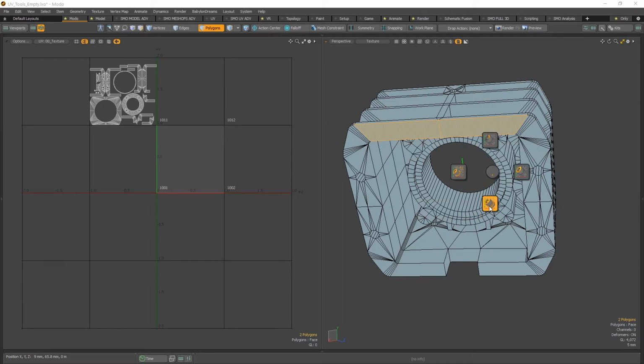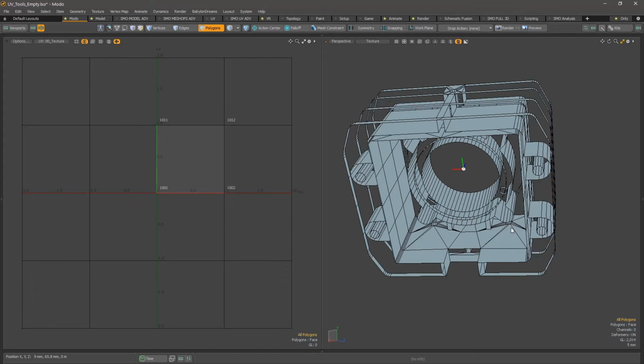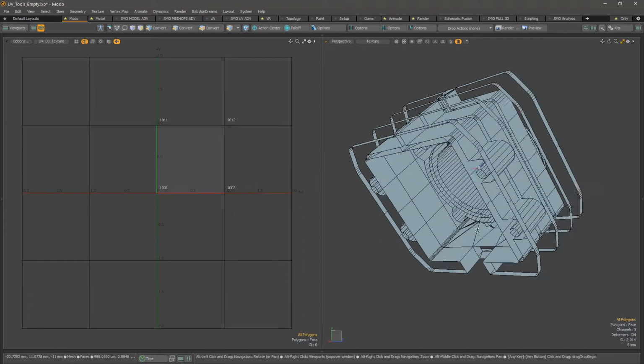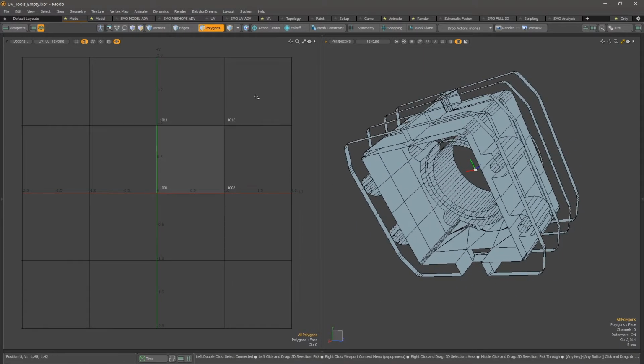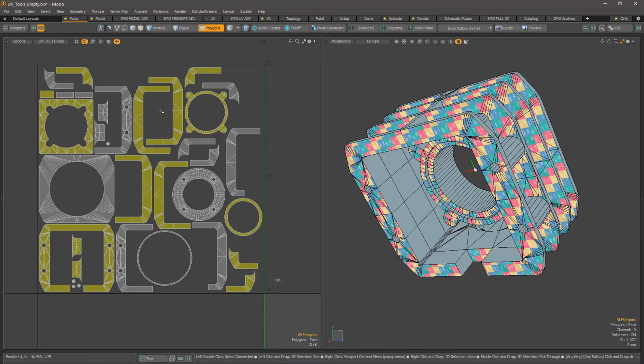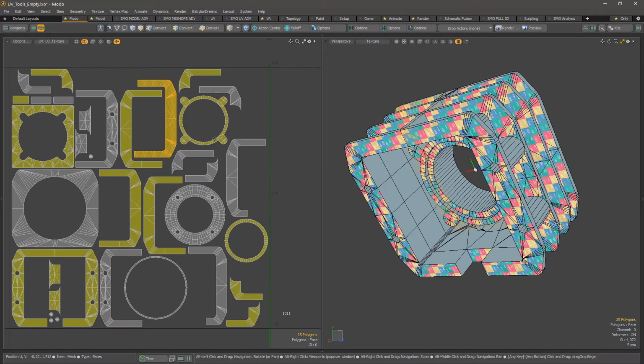So we will process on every faces that are sharing the same normal on the Z axis. So now it hides automatically the elements. As I told you, I've enabled this feature. So if I unhide elements, you see that those faces have been unwrapped with the planar projection,